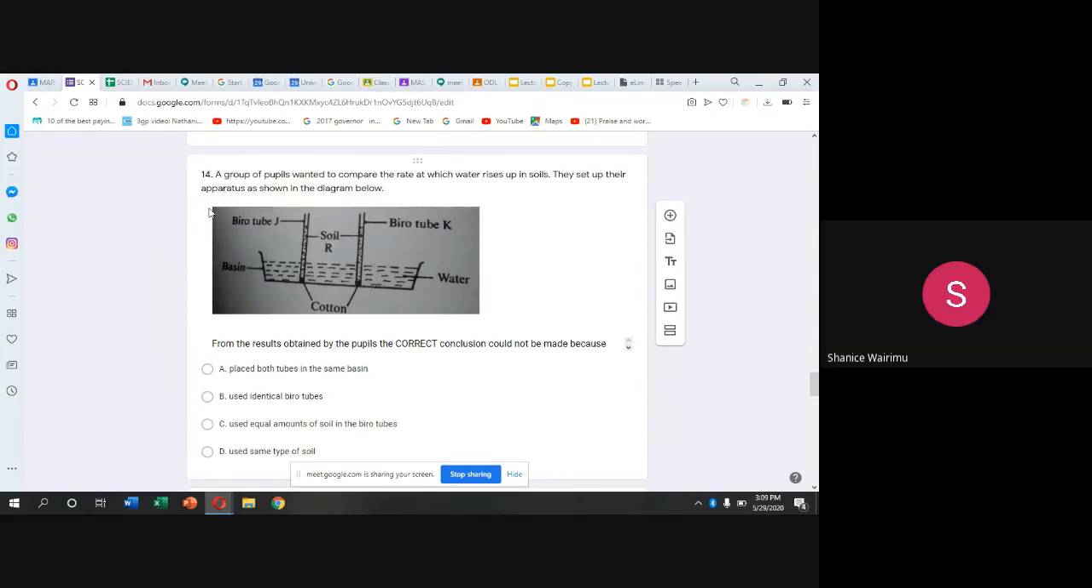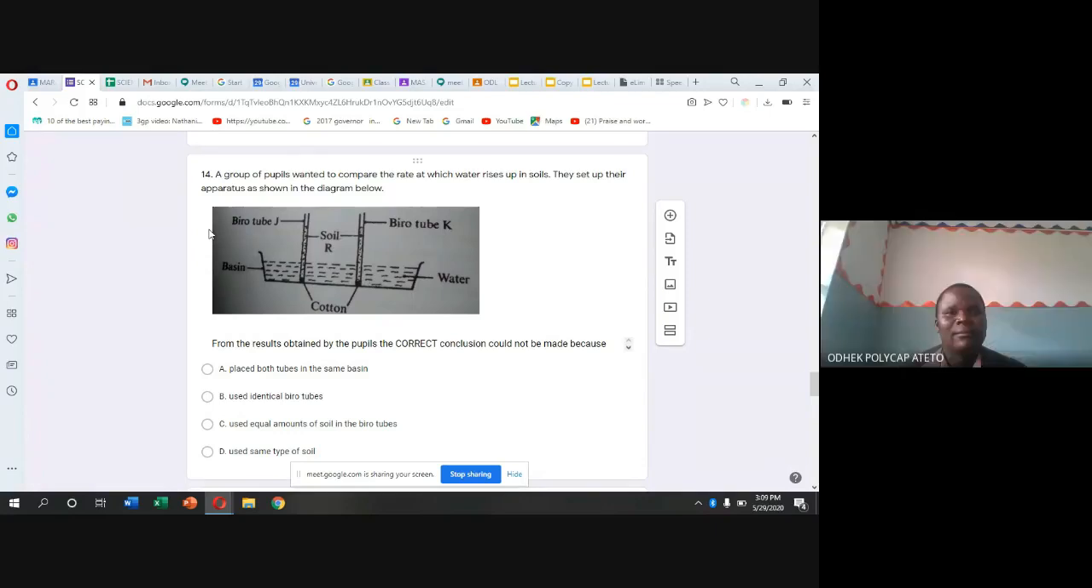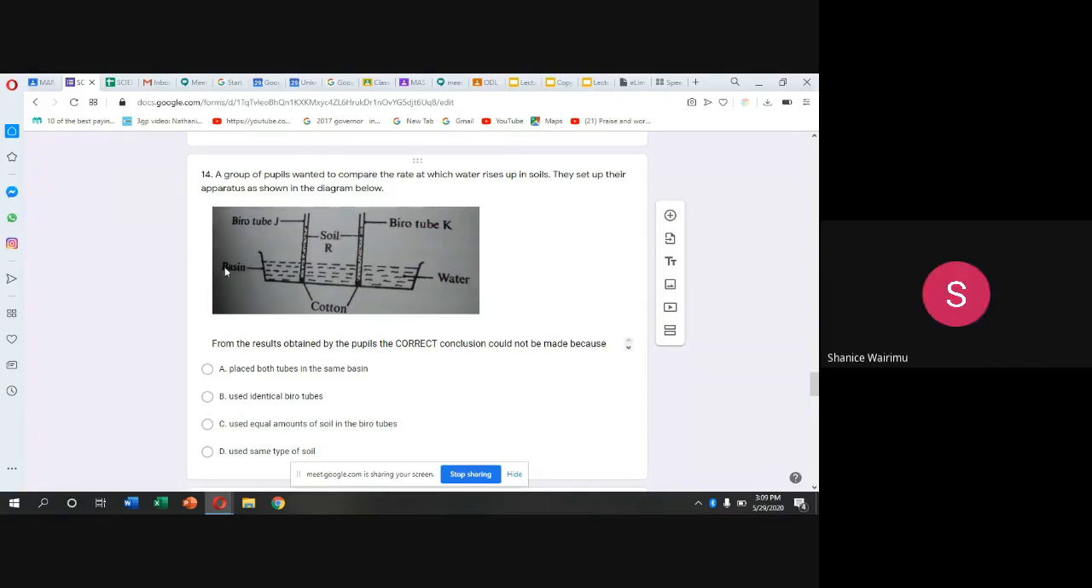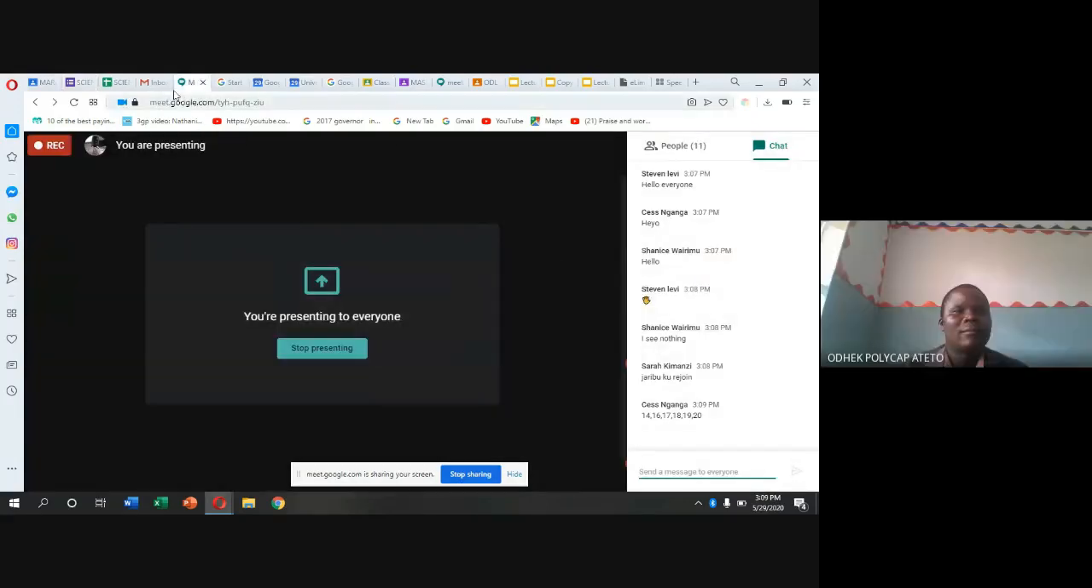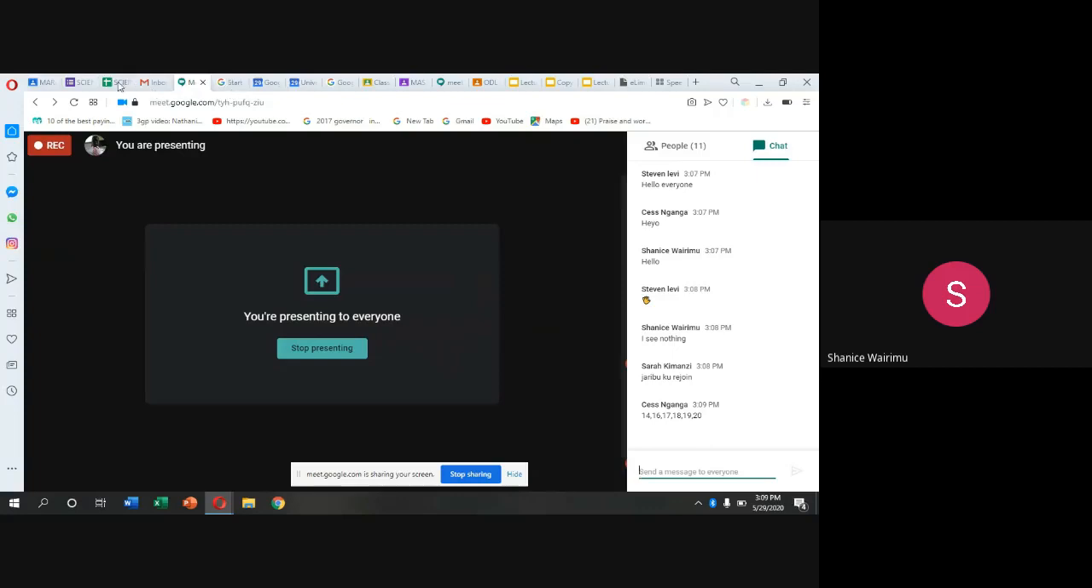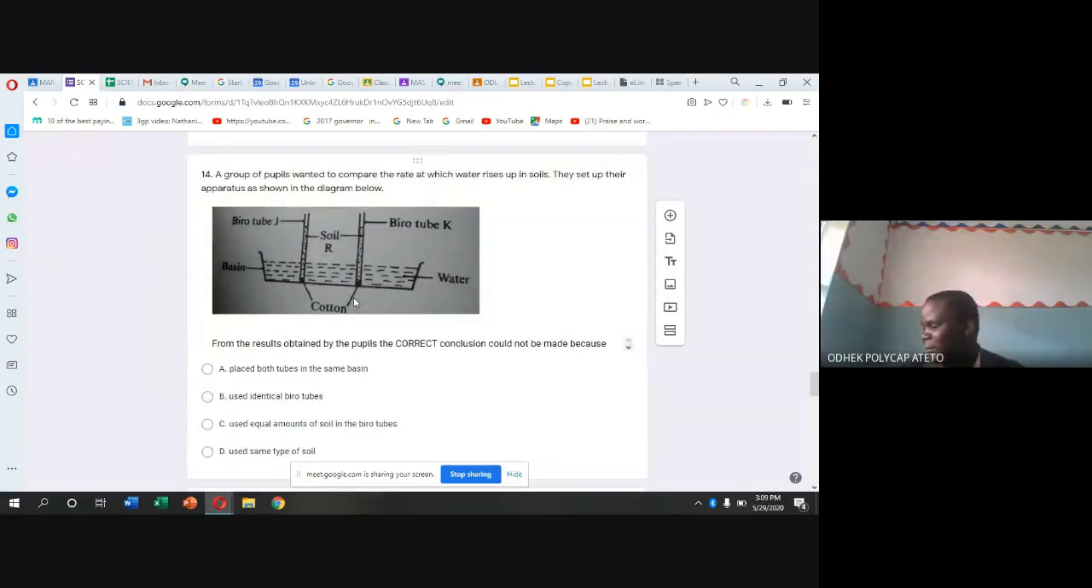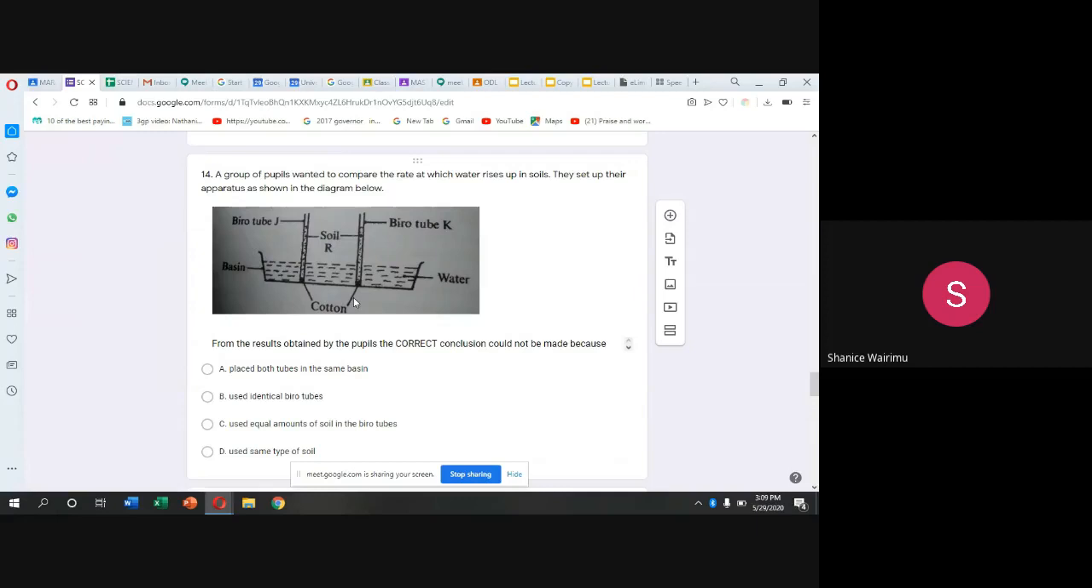A group of pupils wanted to compare the rate at which water rises up in soils. They set up their apparatus as shown in the diagram below. Burette J, Burette K, soil R, basin, cotton, water. From the results obtained by the pupils, the correct conclusion could not be made because